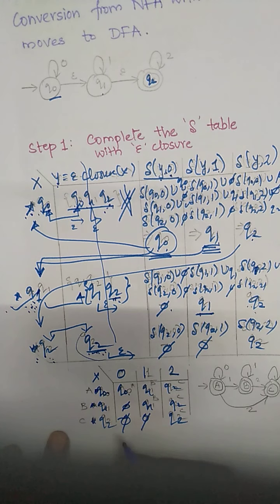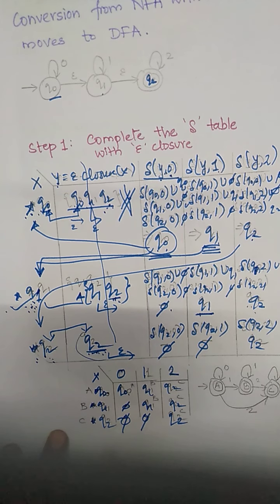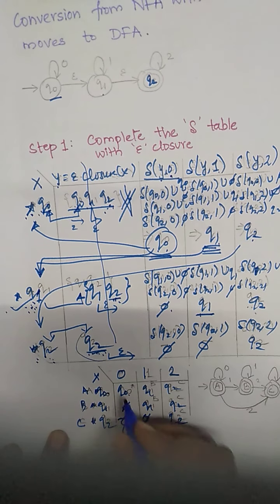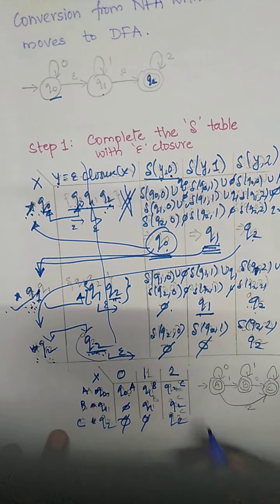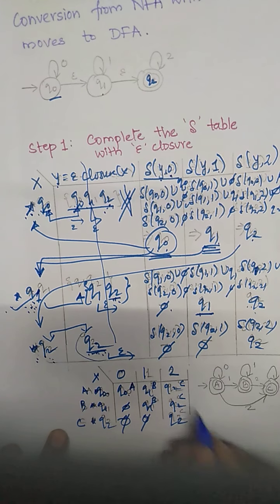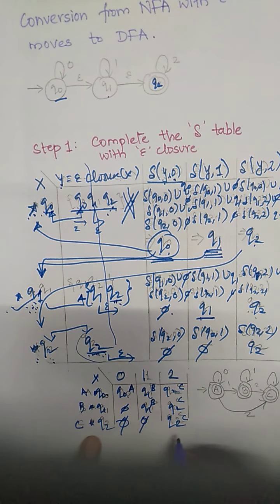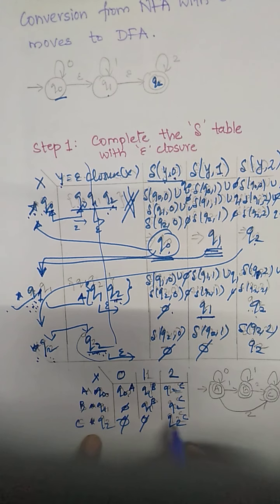What is the next step? The next step is similar to what we had done previously: reduction of the table. After drawing the table, what do we have to do? We have to rename the table, for example, A, B and C. So Q0 will be marked as A, Q1 will be B, and Q2 will be C. Q1 is B, Q2 is C, and Q2 is C. Whether I can reduce the table: start from the bottom of the table, search for the entry Q2. There is no row containing only Q2 entries. This cannot be replaced.